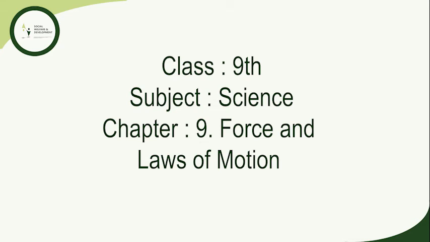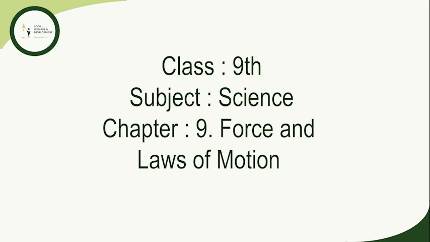When a gun is fired, it exerts a forward force on the bullet. The bullet exerts an equal and opposite force on the gun. This results in recoil. As the gun has much greater mass than the bullet, the acceleration of the gun is much less than the acceleration of the bullet. Another example of the third law of motion can be illustrated when a sailor jumps out of a rowing boat. As the sailor jumps forward, the force on the boat moves it in the backward direction.